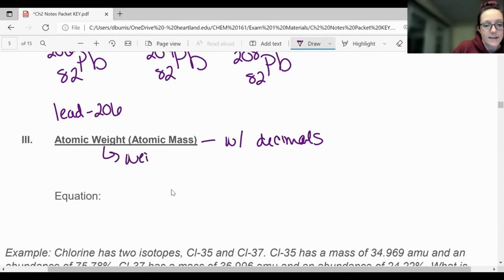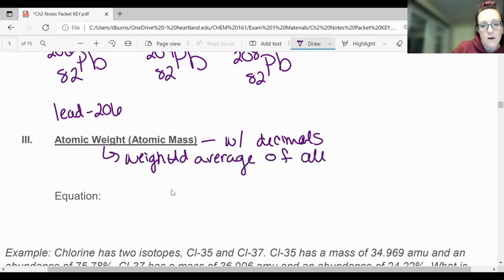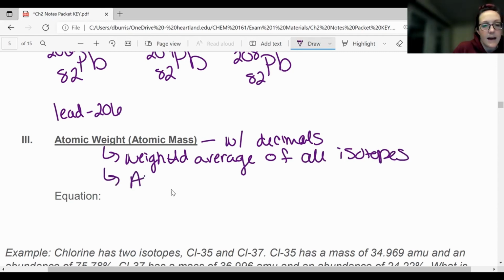Okay, so it's a weighted average of all isotopes for an element. All right, its unit is going to be AMUs, or atomic mass units, just like the mass number. And we can actually calculate this. So the atomic weight or the atomic mass